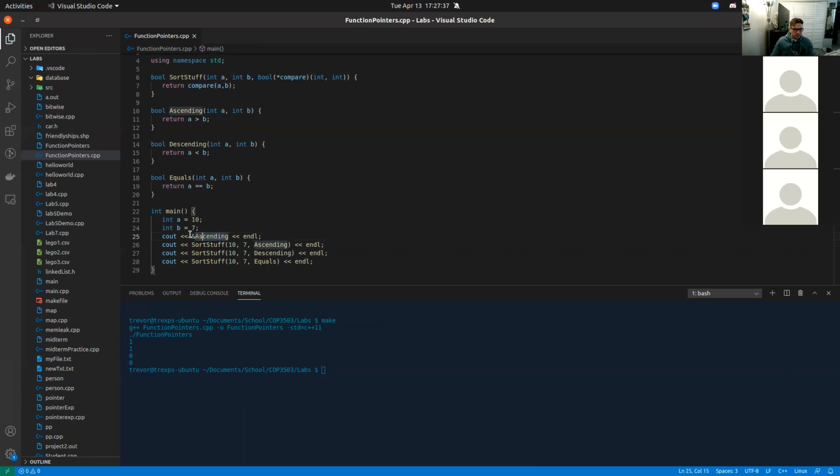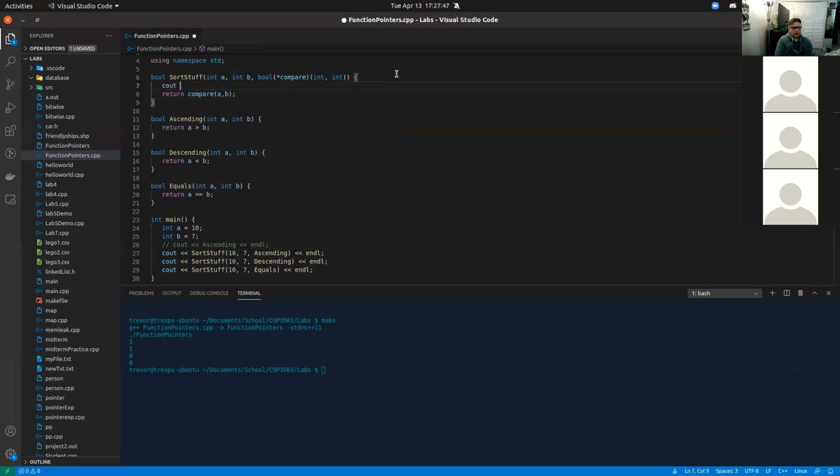Okay. That's not exactly printing out what I'm expecting. Yeah, you're trying to show me how the memory address changes on ascending. So like I can do, you're talking about printing it out in here. Let's do compare, which should just be a memory address. So when we do this, hmm,